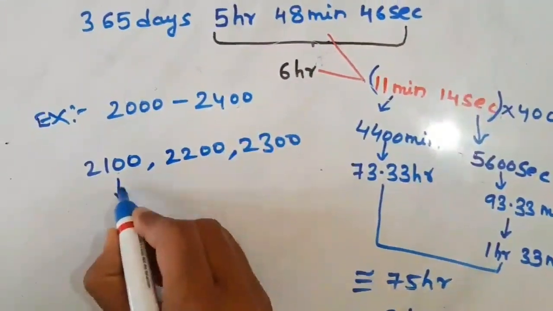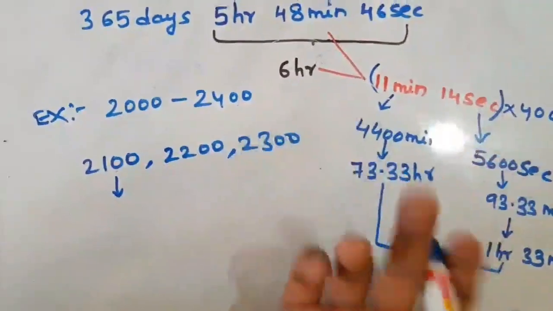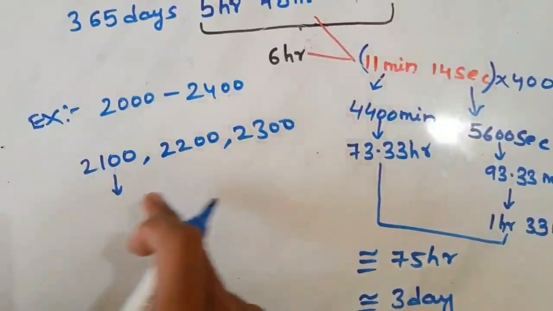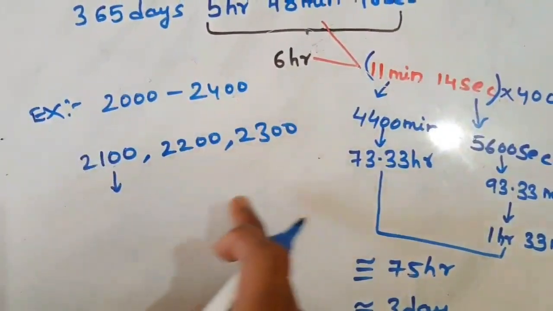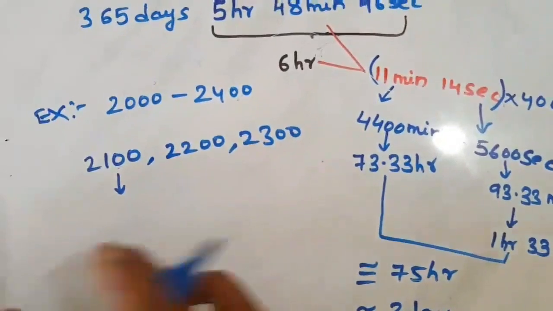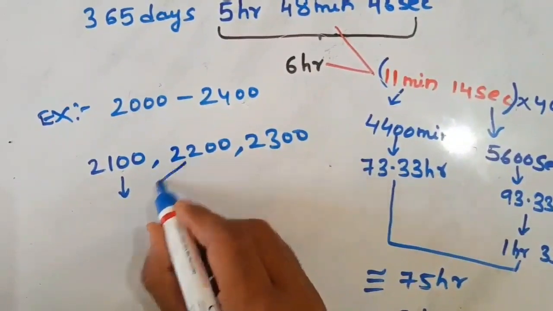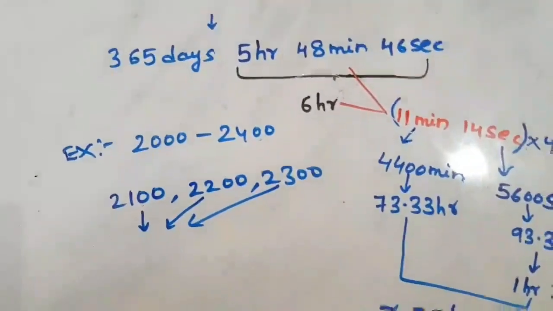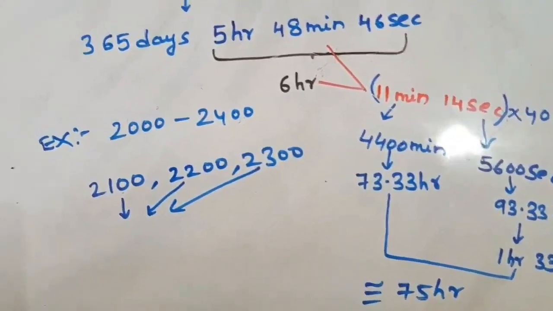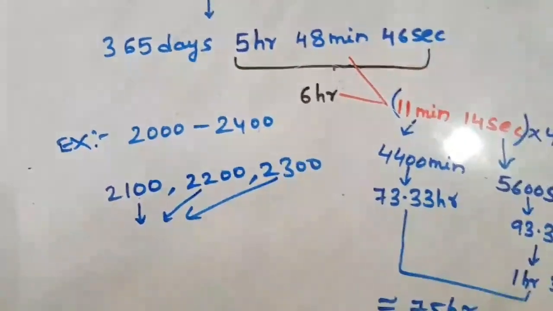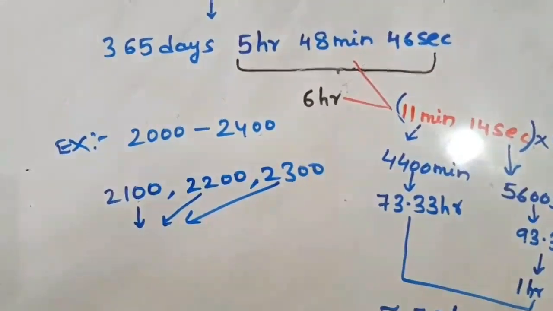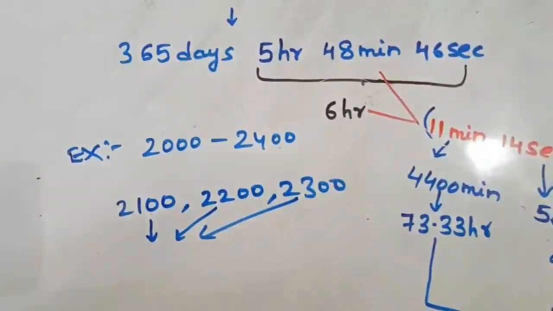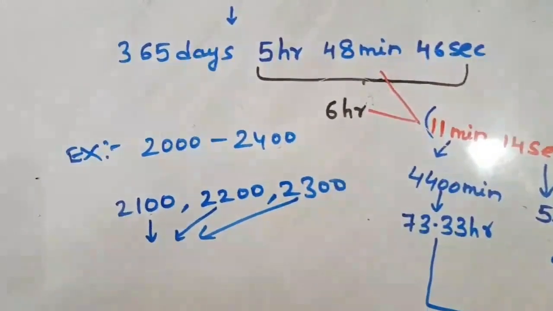So these 3 years were initially leap years. While adjusting, to adjust these 3 years I am removing one day from the February month. So these 3 years are not leap years now. This is the reason why we have to divide by 400. For a century year we have to divide by 400. For a normal year we have to divide by 4 to tell whether that particular year is a leap year or not.